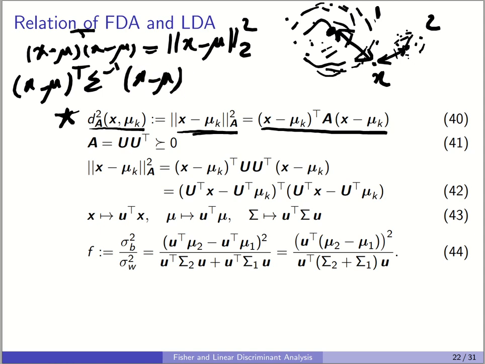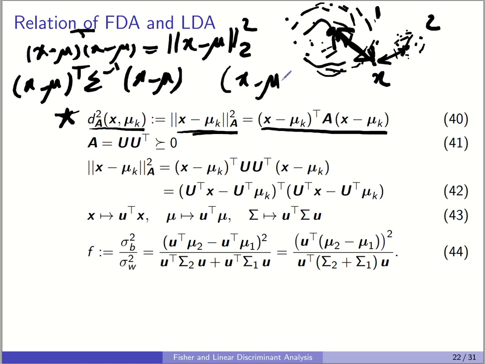Why? Because he said that we should weight in the way that the more variance a cloud of data has, the less its distance must become, because this x is closer to the cloud and the cloud is large, so this distance must be considered less. That's why it has sigma inverse. However, this point is not far from class 2 because the cloud of class 2 is small. This is Mahalanobis distance, and then we can have a generalized Mahalanobis distance where we replace sigma inverse by a